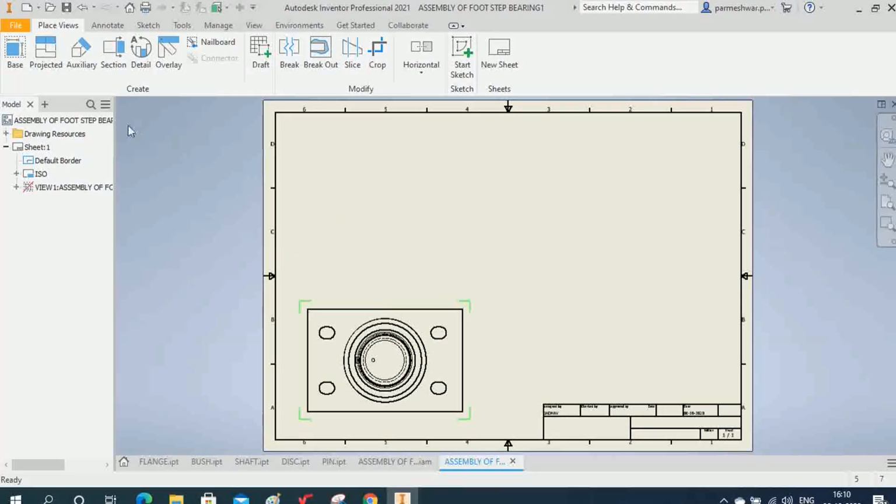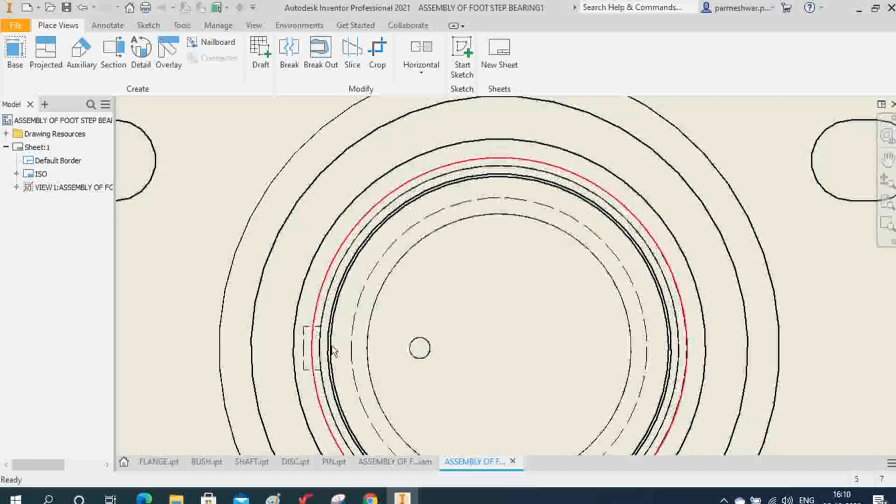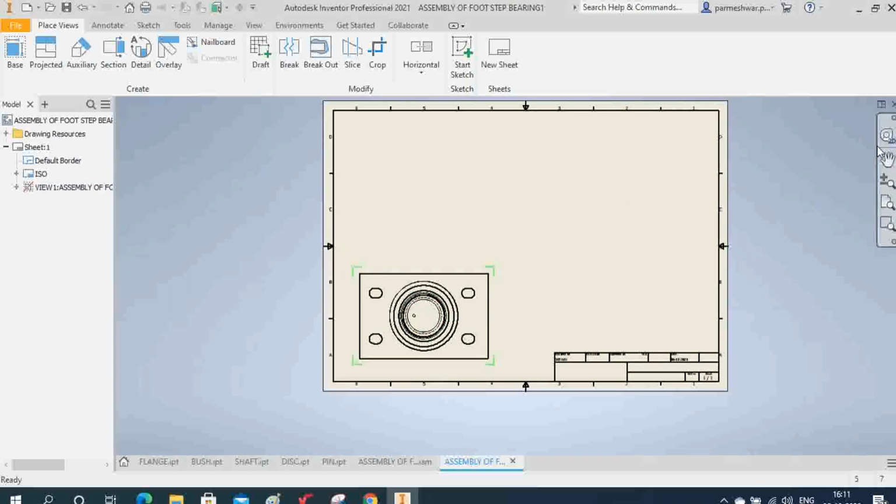Okay, now I can project this. I want the sectional front view. So this is the top view. Okay, this one is the top view, right, inside which all the hidden lines are provided here. Hidden lines are visible here, right. Now I want the sectional front view. So here I can select this section, click here, click this object, right, and from here I can select here, like this.